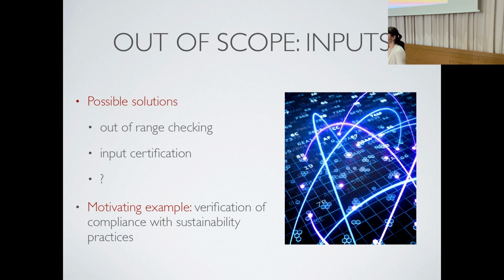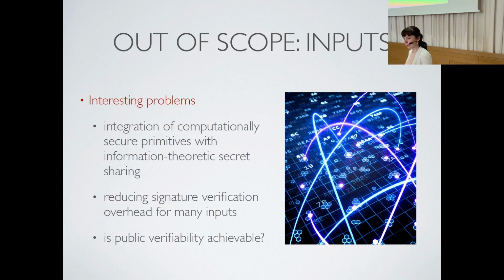But the issue is, how can we trust that what they enter is actually correct data, right? They're incentivized in this case to get this label saying that I'm sustainable. So in a way, we would like to make sure that when we get the data from a sensor, yes, we cannot see it, but we can trust that it actually came from an authentic source and that it's the correct data. So what we've been looking at in this space is trying to do certification in combination with secure computation